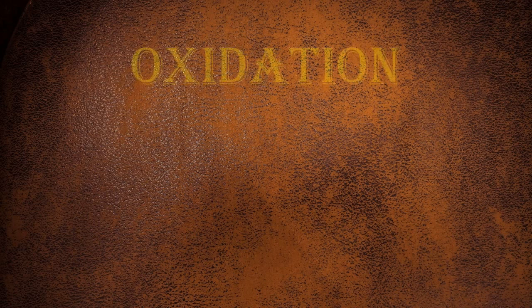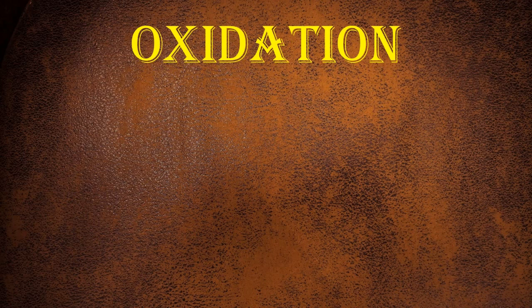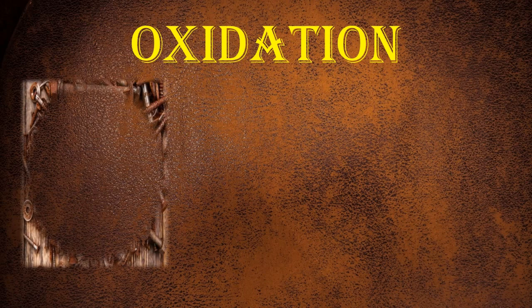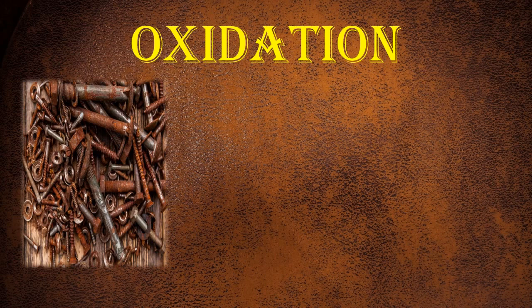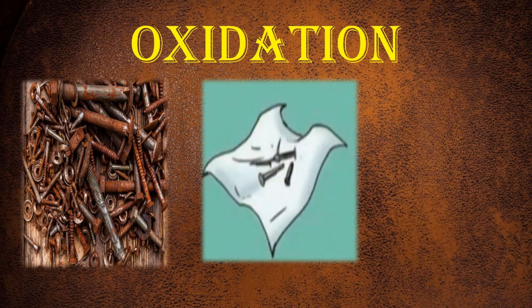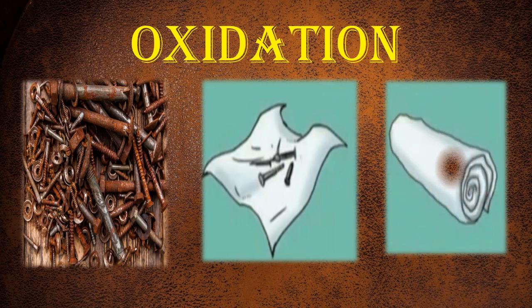Let us study now another way of chemical weathering, that is oxidation. Let's study with the help of an example. Students, you all know about rusted nails. For this experiment, we need to take a few iron nails and a wet cloth. So, wrap a few iron nails in a wet cloth, keep it for 2 days, open the wet cloth after 2 days and observe what happens.